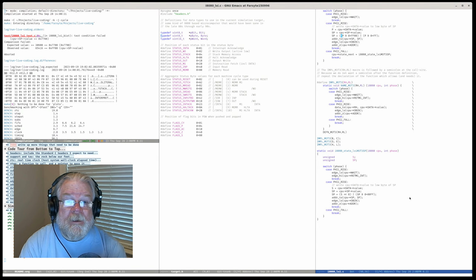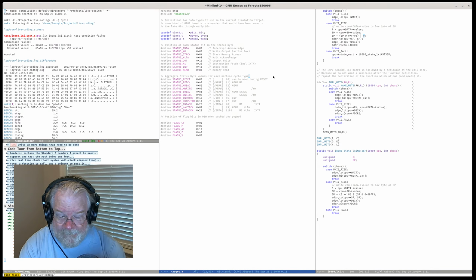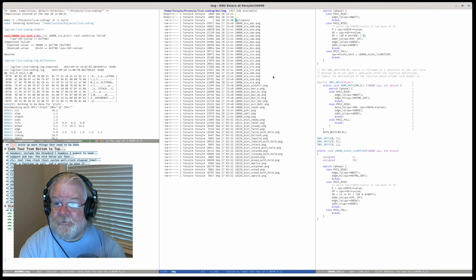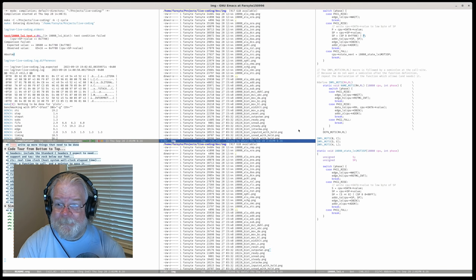So I am not going to put that mask operation in because I strongly believe it is unnecessary. I am, however, going to look at the plot. So doc, image, we are looking for LXI. LXI is not being printed because we did an abort. Let's turn off the abort.